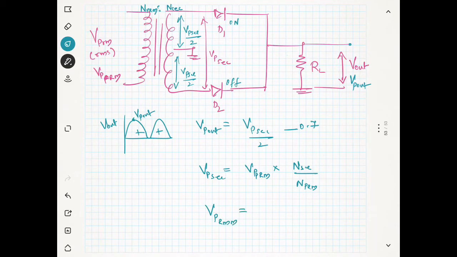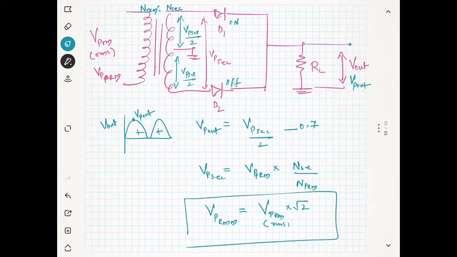If V primary RMS is given, then you have to multiply it with square root of 2. That's it. Okay, so these are all the basic equations which are related to